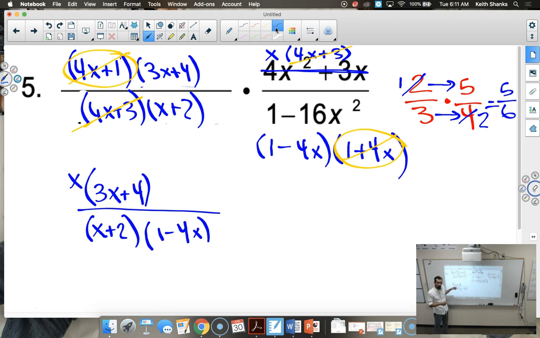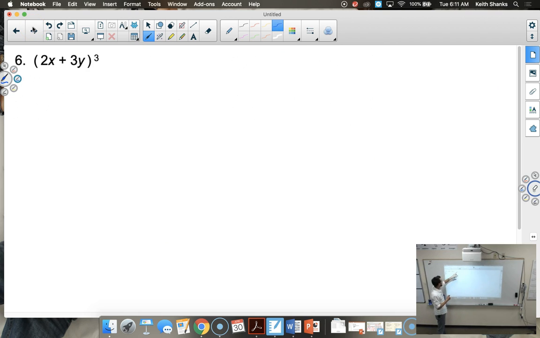Again, I know it's a long process, but if you take each step and you do them, eventually you'll get to your answer, right? The concepts are not crazy. It's just the execution of it takes a little bit of time. And yes, there's factoring in there, which I know is not our favorite. All right, so